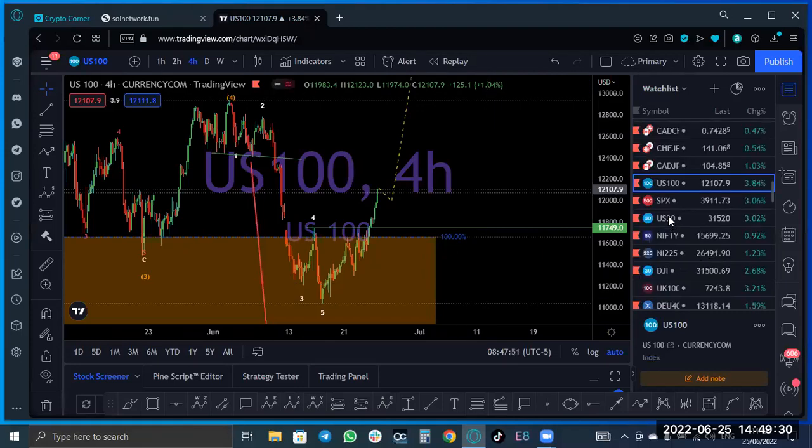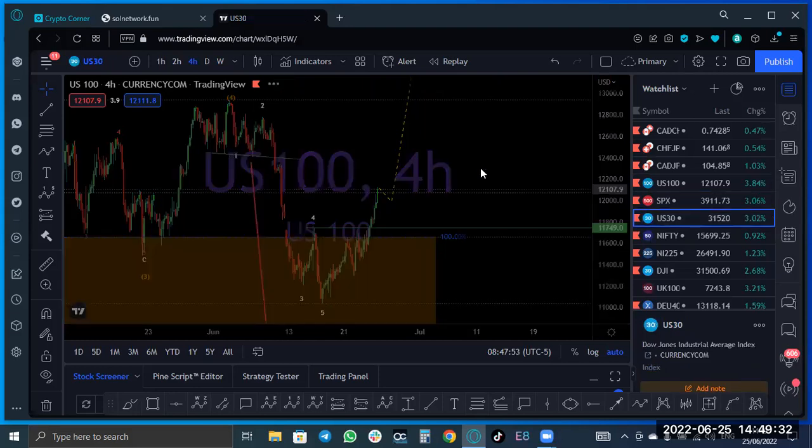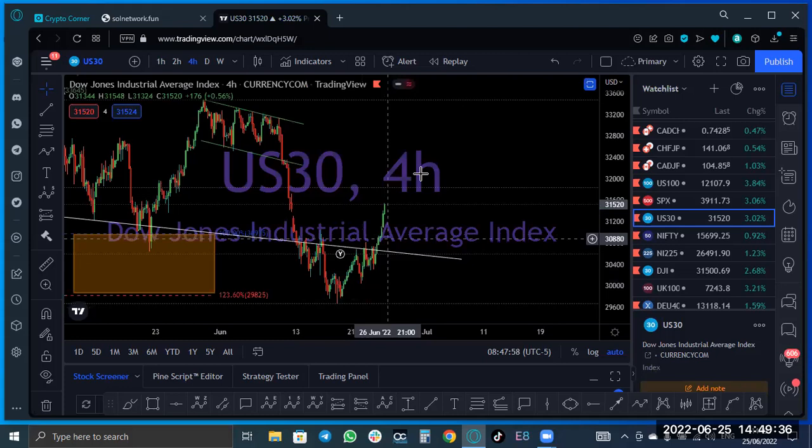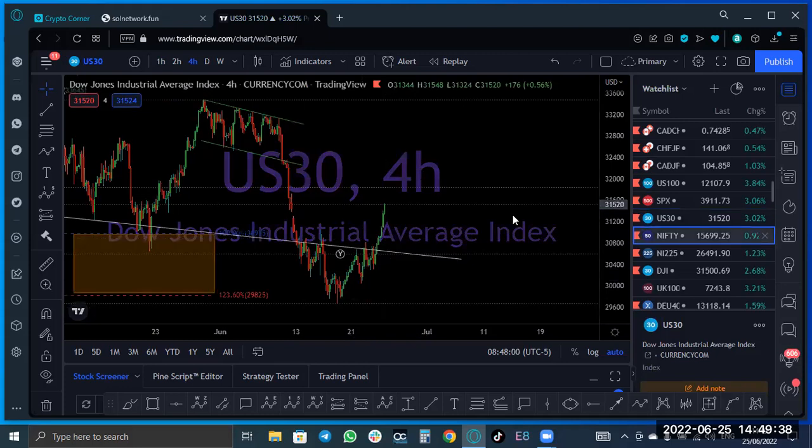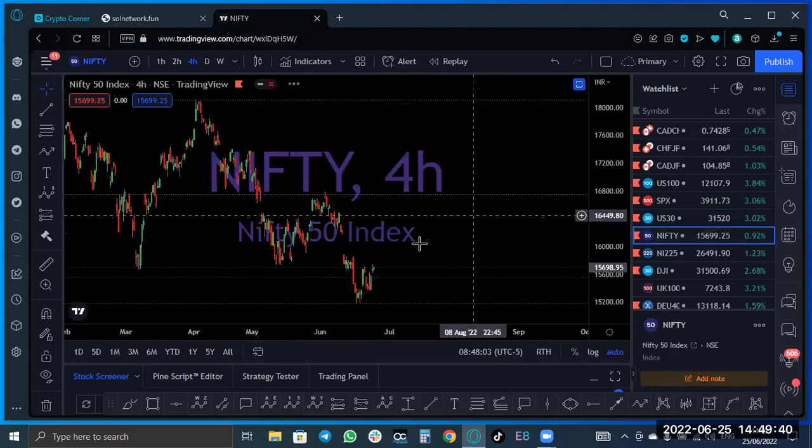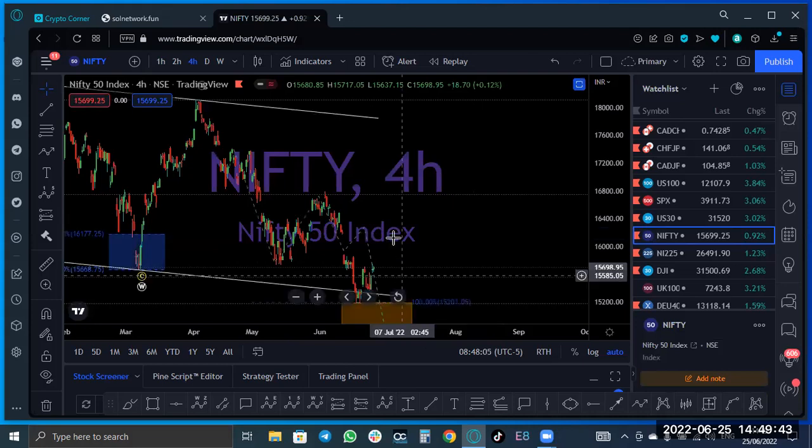Even US30, they are doing the same thing. You can see it again. They are doing the same thing. Nifty is not quite strong like the others. Dow,